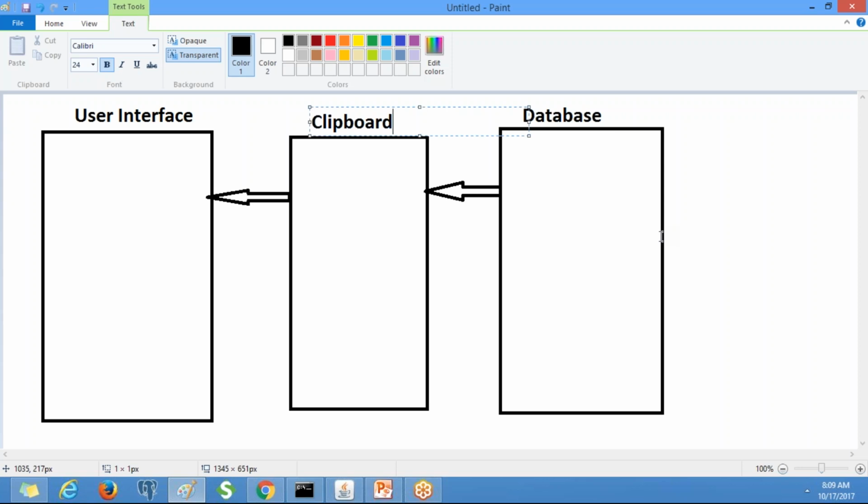It is used to fetch a single record from the database to the clipboard. Similarly, we have a method called obj_browse, which is used to fetch multiple records from the database to the clipboard. These two are activity methods.